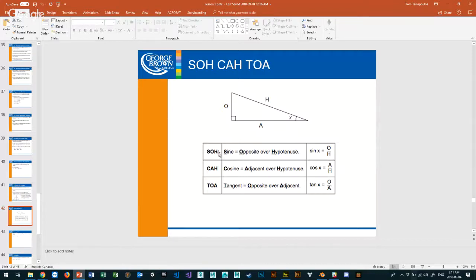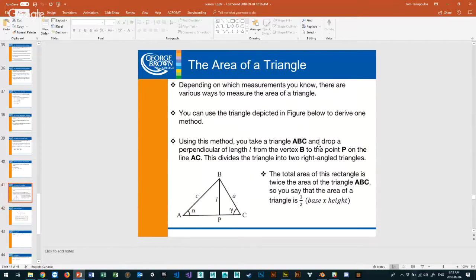But if I didn't have the adjacent and I had the opposite over hypotenuse, that would be sine, right? And so you can find the different angles based on the information we've been given. Again, in order for you to use these things, SOHCAHTOA, you need to have a right angle triangle, because it all comes back to the Pythagorean theorem. These ratios of sides are what Pythagoras calculated way back, right? But it requires a right angle triangle.